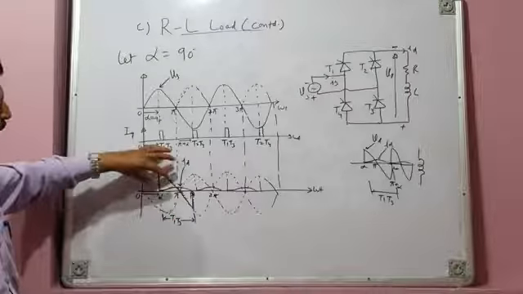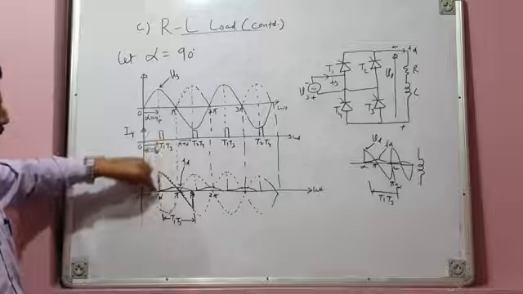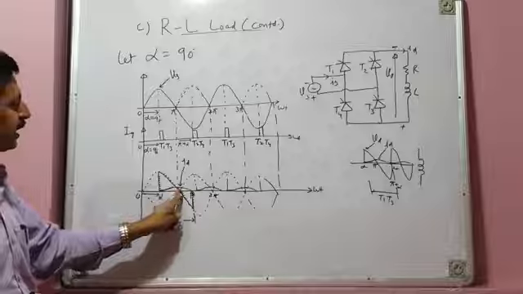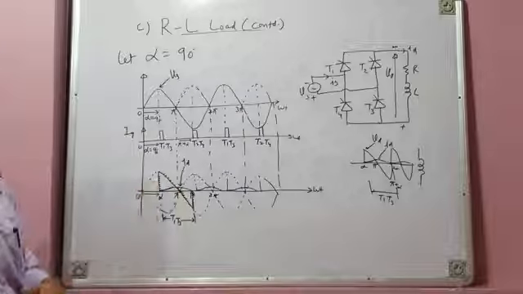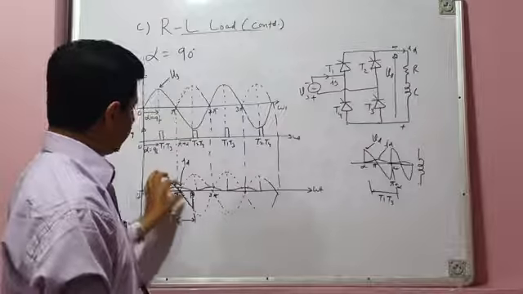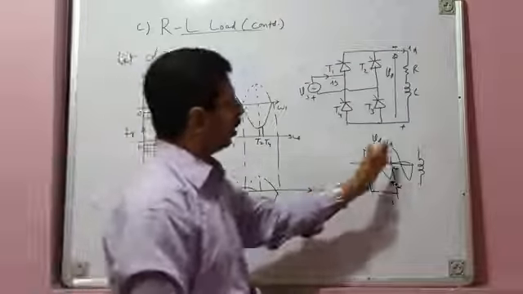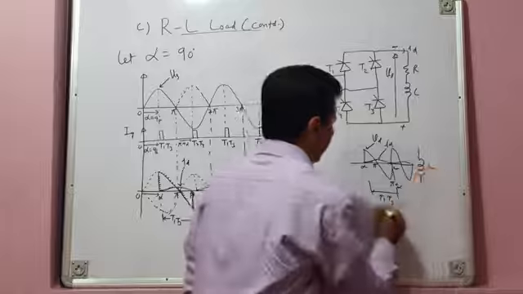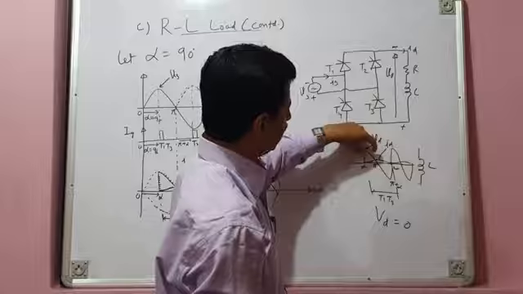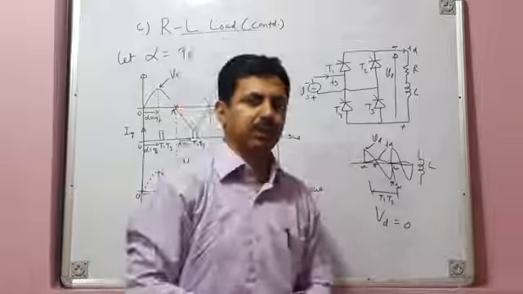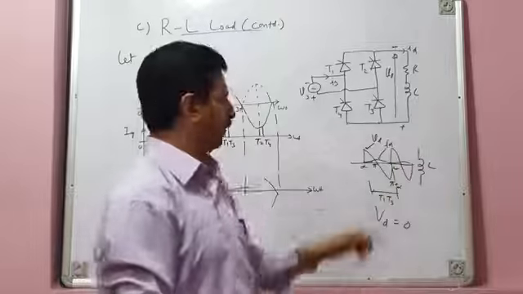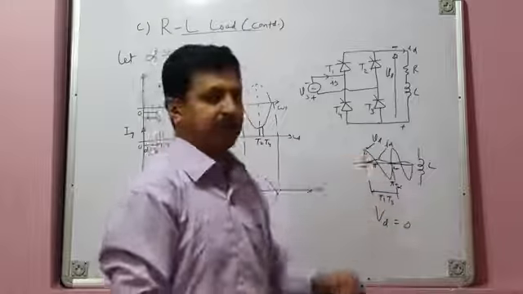During this period, load voltage from alpha to pi is positive and from pi to beta is negative. But you can see the negative segment of voltage is less than the positive segment of voltage, and that has to be true also. You cannot have in this case positive voltage equal to negative voltage. That is true only in case of an inductor, because for an inductor the average load voltage is zero. For an inductor, the positive segment of voltage is exactly equal to the negative segment, which means positive volt seconds is equal to negative volt seconds, which means energy stored is equal to energy released.